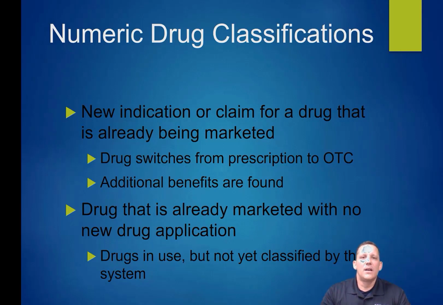And then often drugs will fall off of the prescription market and go over the counter when they're so readily available and significantly benign in regards to the risk to the end user using that particular drug. If there are additional benefits found, that actually has to be classified again, much like the finasteride or the Viagra. And then if there is a drug that is already marketed with no new drug application, but it's not classified,